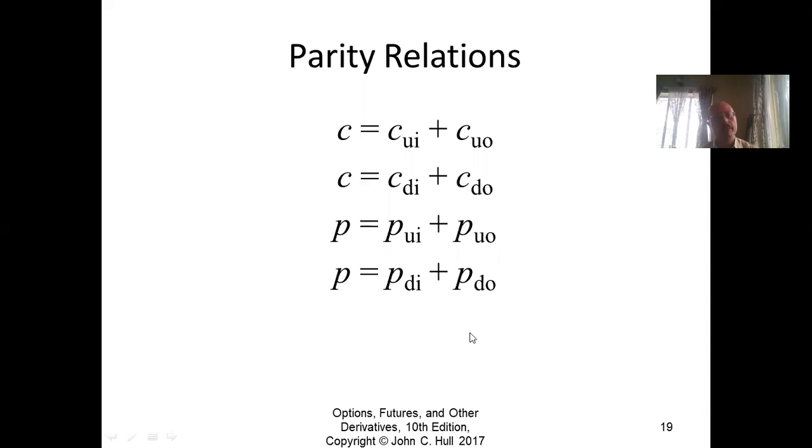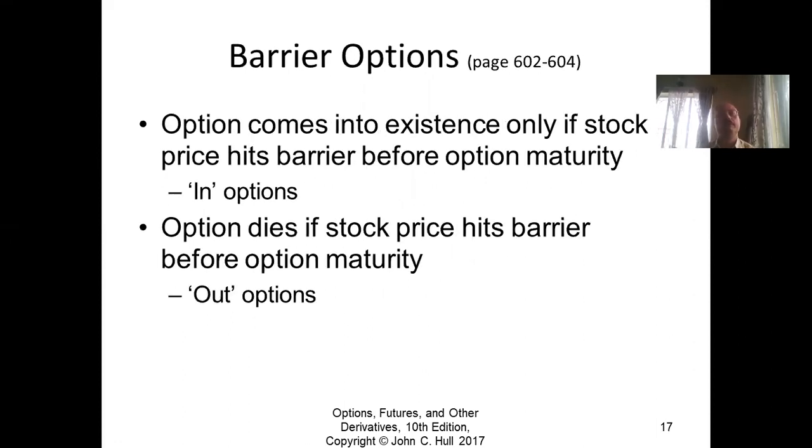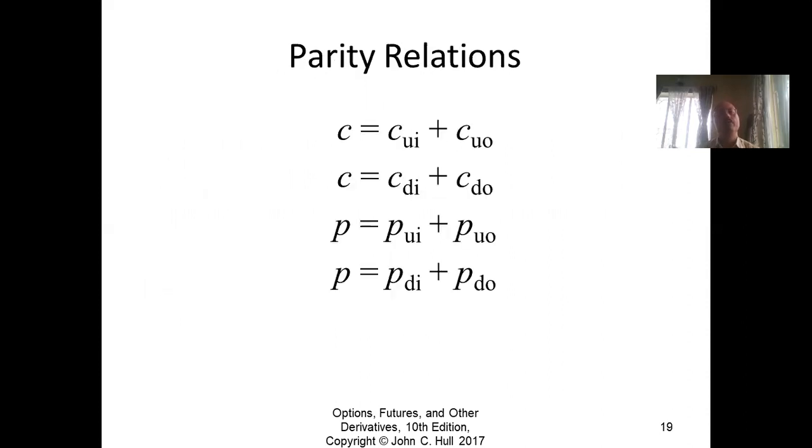So there will be one more equality here, which will be the put call parity. So even though I have 8 combinations, they are not really independent of each other. There are 5 equations linking them. So barrier options, again, I'll just repeat, are options which come into existence or die when some barrier is hit. The barrier can be hit from below or above, and the option can be a put option or a call option. So with any type of option, I can write a corresponding barrier option, and the barrier options are related to each other. Their prices are related to each other through these relationships.